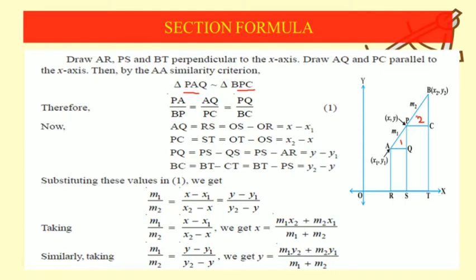Now what is the meaning of similar triangle? Two triangles which are equiangular and their corresponding sides are in the same ratio. Means when we take the ratio of their corresponding sides, there are three pairs of ratios for the corresponding sides. So when we take the ratio of the corresponding sides pair, then that ratio comes equal. Now how can we prove these two triangles similar?